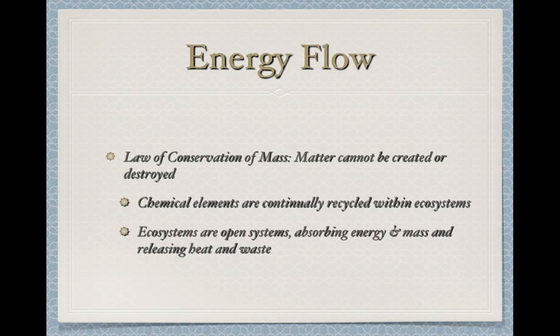We also have to talk about the law of conservation of mass, and this is more the chemistry side of things, more the nutrient cycles. We can't create or destroy energy, but we can't create or destroy matter either. So our nutrient cycles are going to constantly recycle those chemical elements within our ecosystem. We're very much limited to what's already there in place, and how do we change its form so that organisms can use it, but then it's got to get recycled back to the abiotic side of those cycles so that it can get reused by the next generation, if you will.